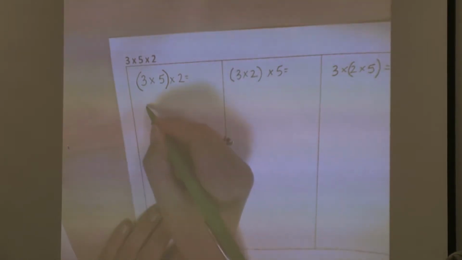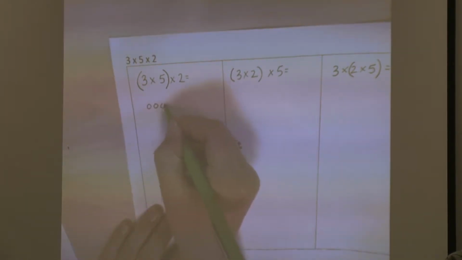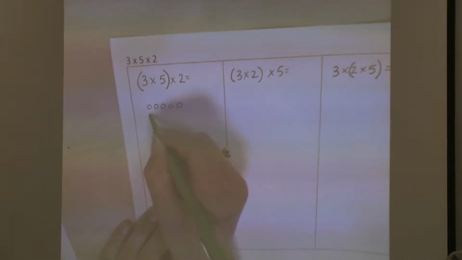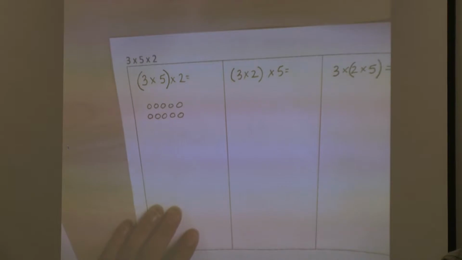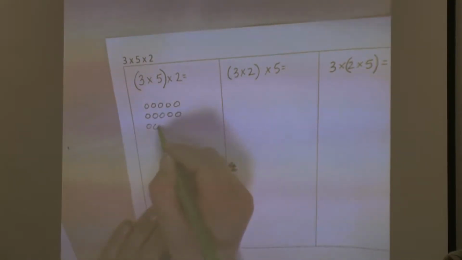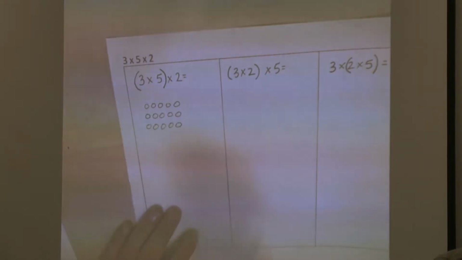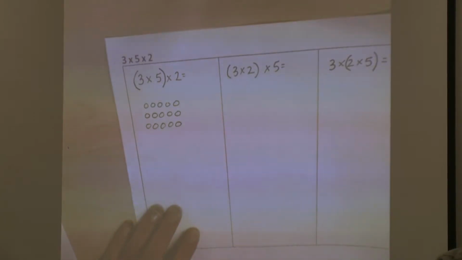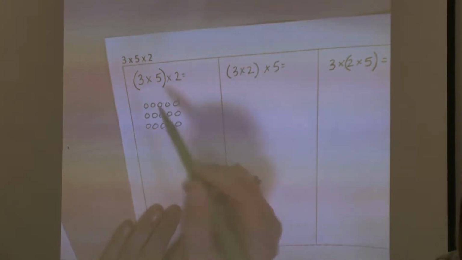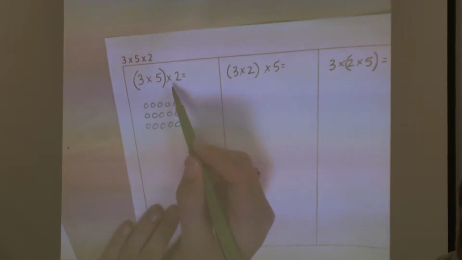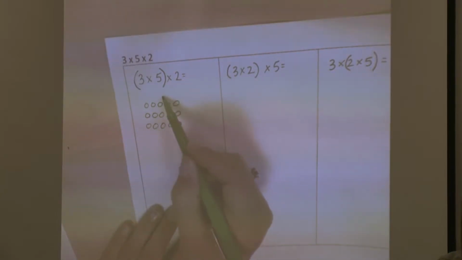3 groups of 5. So 1, 2, 3, 4, 5. That's one group. 1, 2, 3, 4, 5. That's 2 groups. And 1, 2, 3, 4, 5. That's 3 groups of 5. Mathematicians, what does that equal? 15. 3 times 5 is 15. I heard a lot of people saying that earlier. But, Prospero, eyes here, it's 3 times 5 times 2. So it's this whole thing